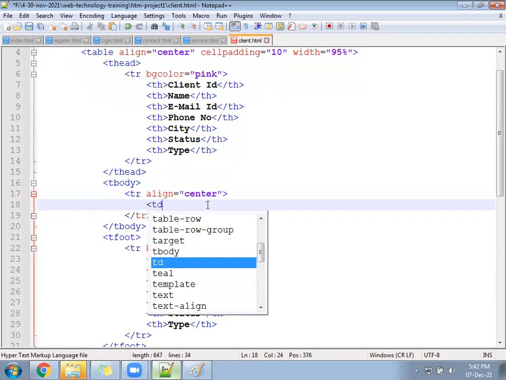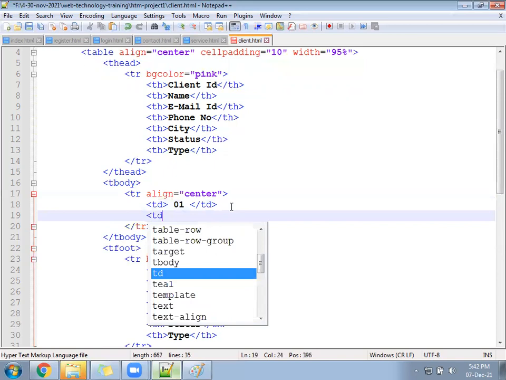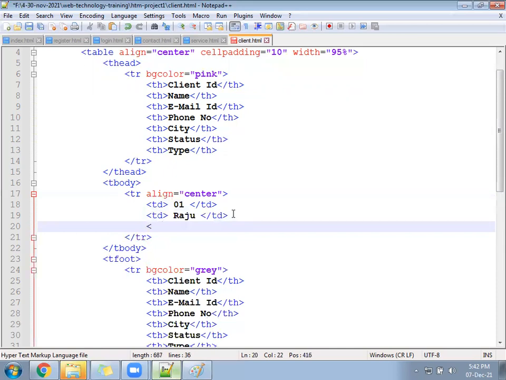Client ID 01, client name Raju, client email ID raju test at gmail.com.